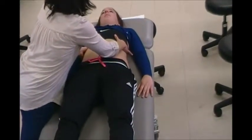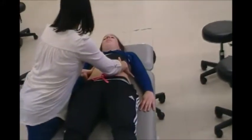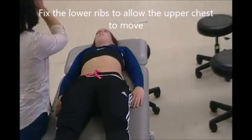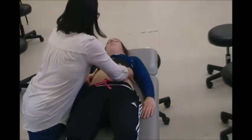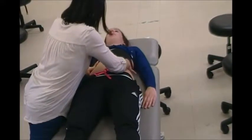Why might I do that? Stretching. Yeah, so I'm going to fixate some of the distal segments so then she can expand above. So it's a way to kind of mobilize those ribs separating. So we'll do one more time. I'm going to have her take a deep breath in and out. Squeezing in and pulling down. Holding there. Breathe in and out. Breathe in